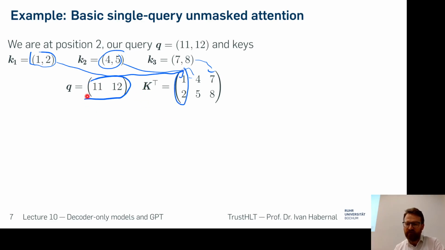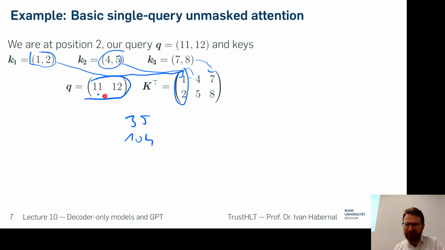So what is the dot product of Q times K1? It's 11, yes? Okay, 35. What is the dot product for the second one? Okay, you do the math. I mean, it's 4, is it? 104. And what is the dot product